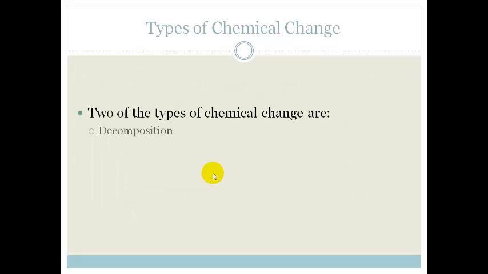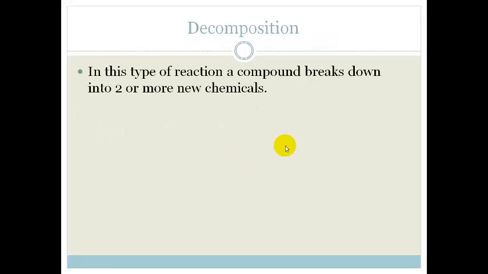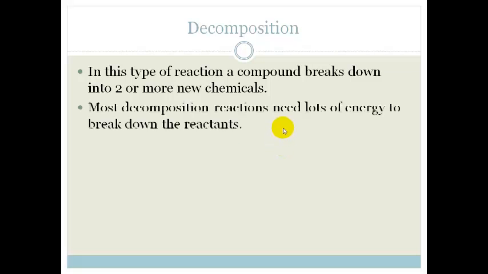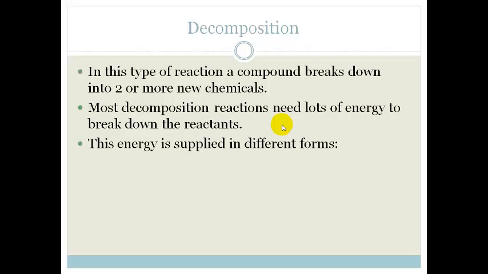So there are two types of chemical change that we're going to be looking at. The first is decomposition, and the second is synthesis. Decomposition. In this type of reaction, your compound breaks down into two or more new chemicals. Most decomposition reactions need lots of energy to break down the reactants, and this energy is supplied in three different